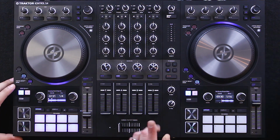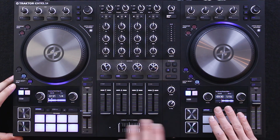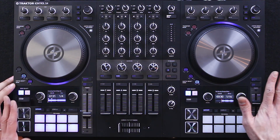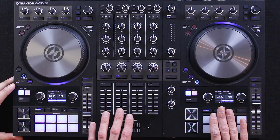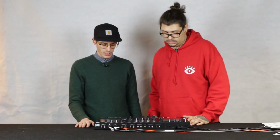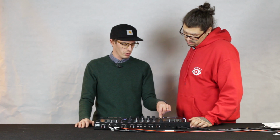Yeah. What I did observe is that on both decks, they're not mirrored, but they actually have the cue and the play buttons both on the left side. So they actually designed the layout like they would be 2 individual single players. Like in an actual club set, yeah. Exactly. Well, that makes sense actually. Yeah. Okay, so the pitch fader is also quite...